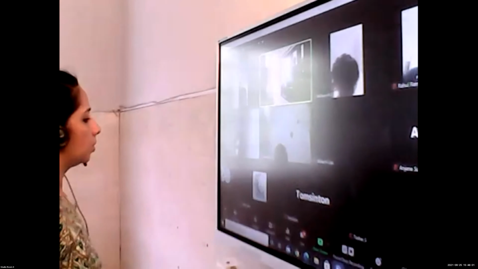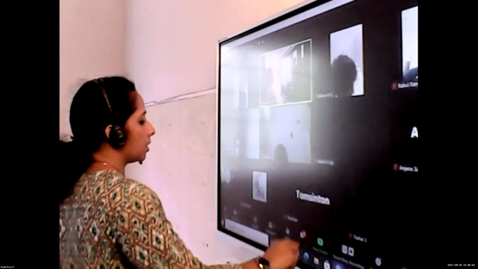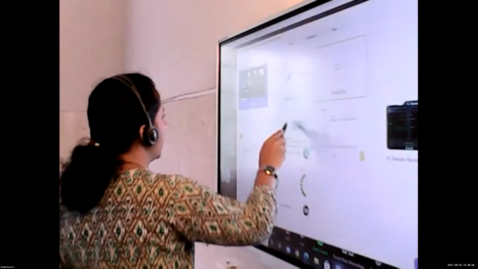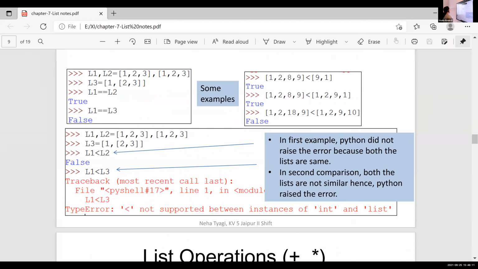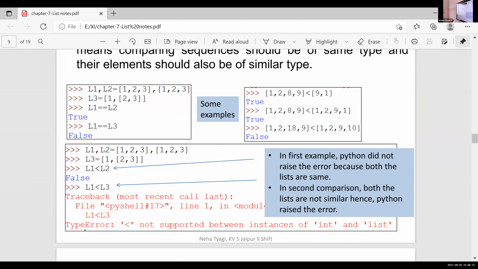So the last topic we discussed is comparison. The comparison is based on relational operators. Here I am using the equal to operator, L1 equal to L2.